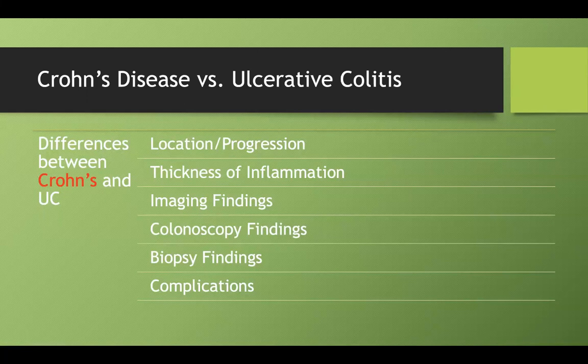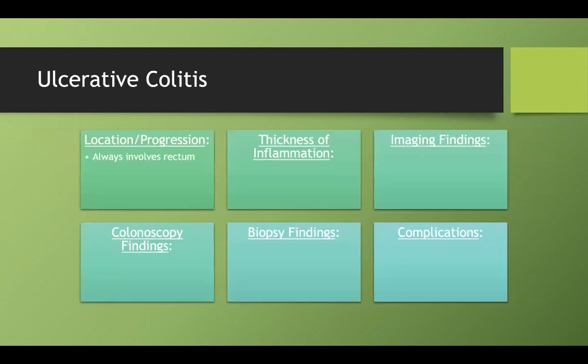So we've talked about the 6 features that I want you to recognize in Crohn's. Now I want to contrast it with ulcerative colitis. So in UC, what I want you to realize is that instead of skipping lesions like Crohn's and having no true rhyme or reason other than the terminal ileum, UC is a lot more logical. It always starts in the rectum, it always involves the rectum, and it continues up